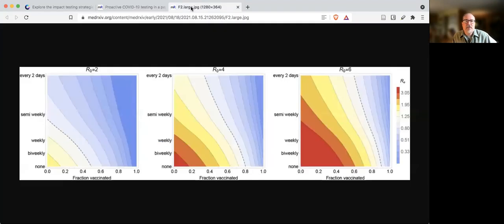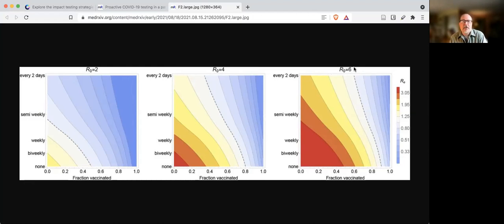This is the second figure from this preprint, and I want to emphasize that what we're currently dealing with, the Delta variant, is a variant that has an R0 that is approximately equal to 6. And that means that without any mitigation strategies, each person who becomes infected infects on average 6 other people. And this has been pretty well established from some unfortunate outbreaks that occurred during the Delta wave here in